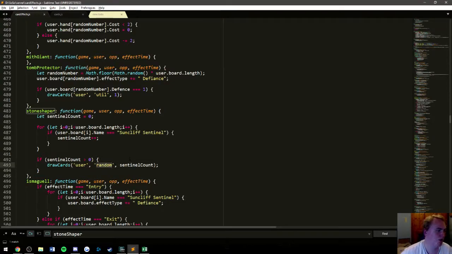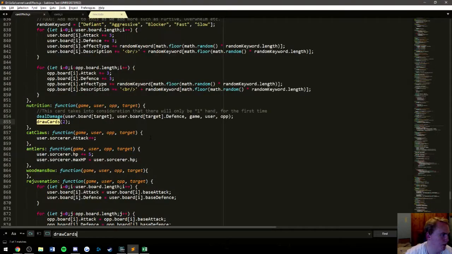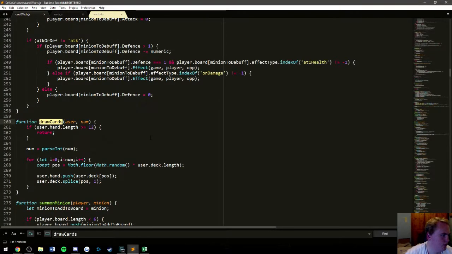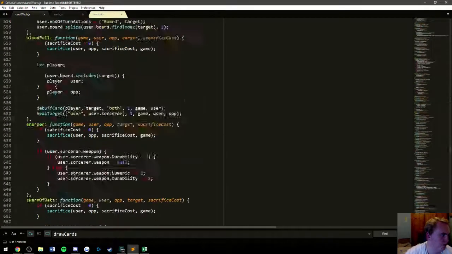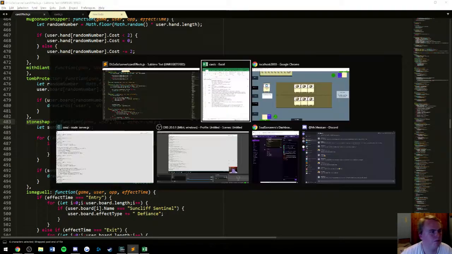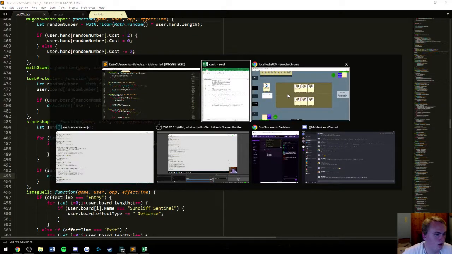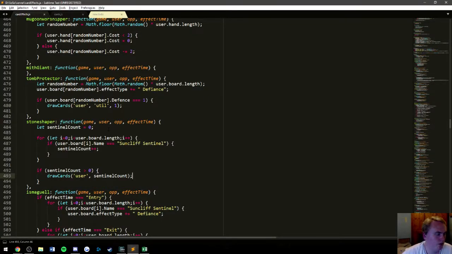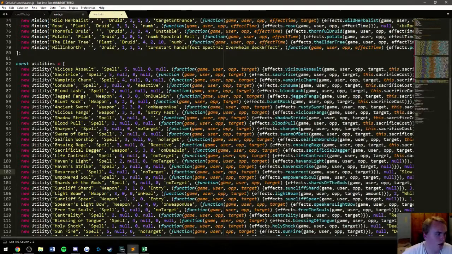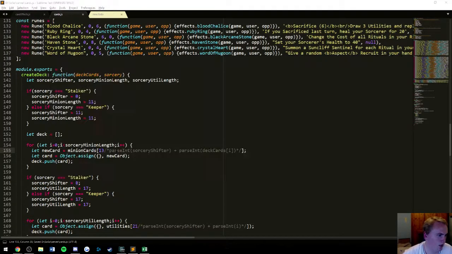Aha! I knew there'd be one like this. And so if we check our draw cards function, not worrying about this for now, we need a user and a number. Sweet. Okay, so find Stone Shaper. Yes, we just need a user and a number, so therefore we should be able to do this. Now the thing is, okay, well let's do one thing first, one at a time. We'll do 13 here